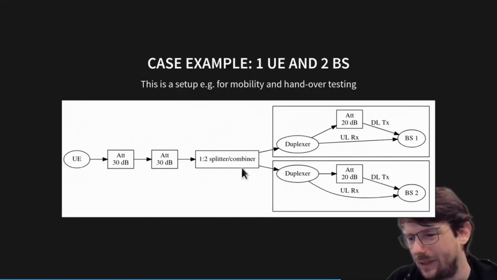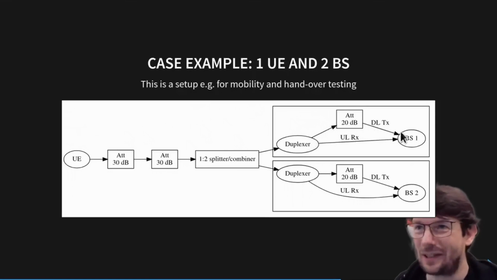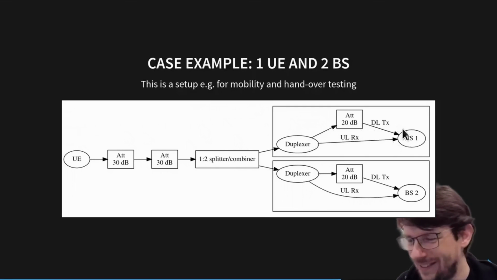If we do the same for the downlink direction, we will see it's basically the same because all of those parts are symmetric. So we again have the same attenuation, but we have an additional attenuator here only in the downlink transmit. And sorry for those arrows here, actually they are the wrong way. But yeah, that's how directed graphs in GraphViz work. I couldn't be bothered to use different tooling here. So of course, the downlink signal goes from right to left, opposite to all of these arrows here. But there's an additional 20 dB in the downlink to accommodate for the fact that this base station has a stronger transmitter than the user